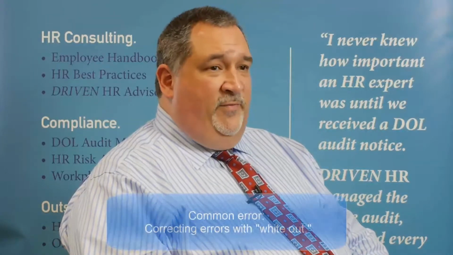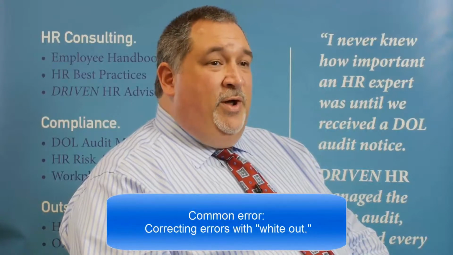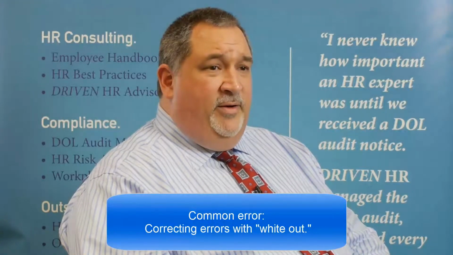Another change would be if the incorrect information were entered into the form. Instead of whiting out the form, what you would do is draw a single line through that error, make the change, initial the change, and then attach an explanation as to why the change was made, when it was made,